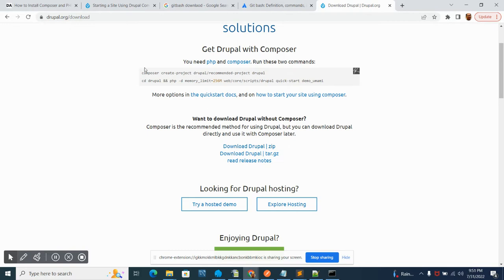So why is it needed to use Composer? Because it's much easier, and it's a requirement for installing modules on Drupal 9. I'm not going to show you everything about the git command, but basically what Git is, you can look at it on